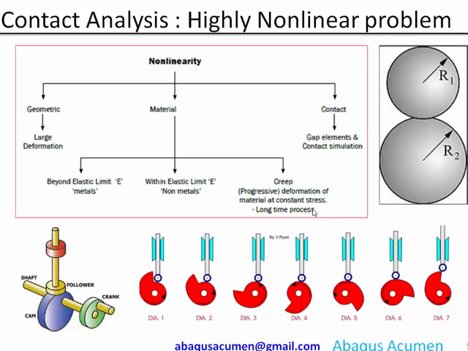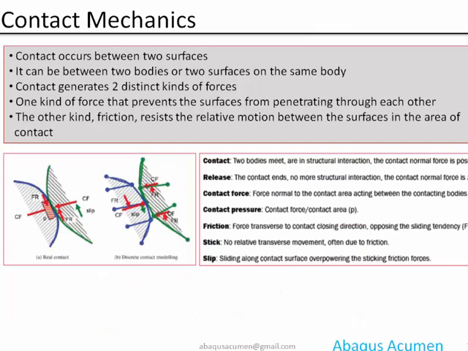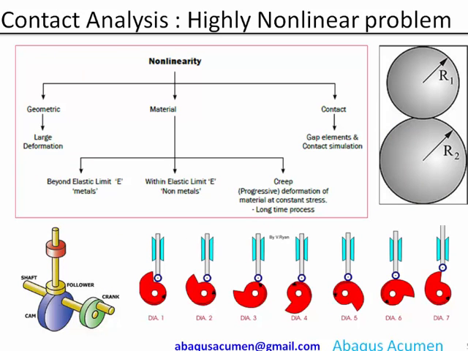Let's briefly touch base on what geometrical and material nonlinearity are. Geometrical nonlinearity is very specific to large deformation or large rotation problems, where the stiffness matrix changes with deformation. That particular nonlinearity is called geometrical nonlinearity. Material nonlinearity is again divided into three parts at a broad level. One is very specific to metal material, where we have a clear-cut elastic limit, and after the elastic limit your stress is not proportional to strain, so it is more like a nonlinear behavior. That is one type of nonlinearity beyond the elastic limit which you see in metal.